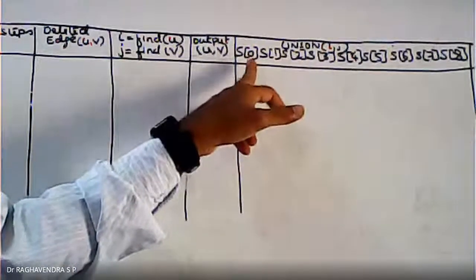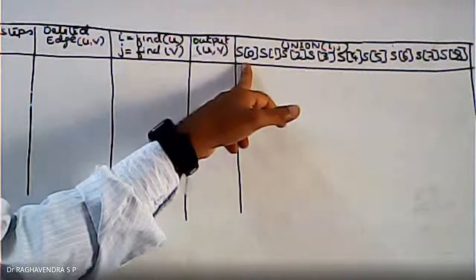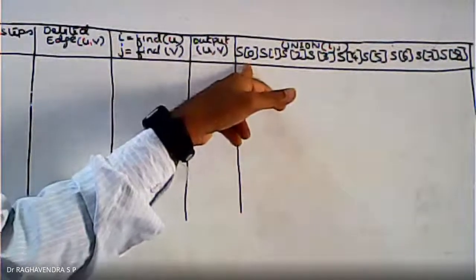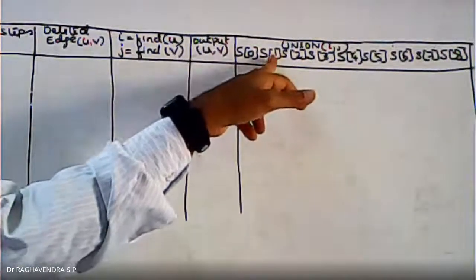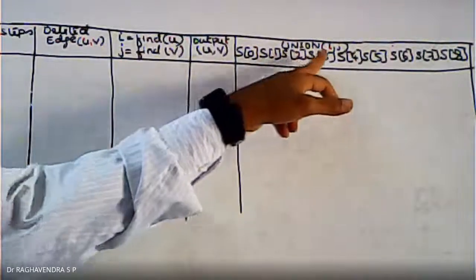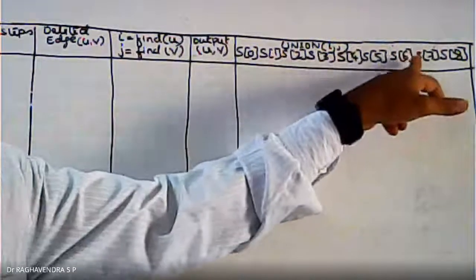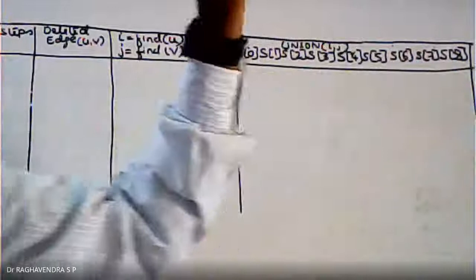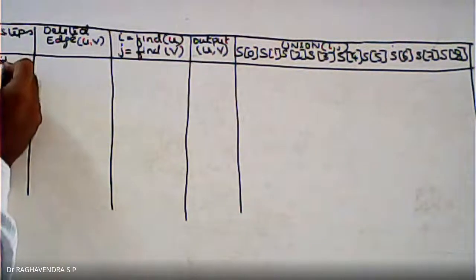9, sir. So that is why I have taken S of 0, meaning these are all sets. S of 0 means the 0th vertex. S of 1 means the first vertex, second vertex, third, fourth, fifth, seventh, eighth, ninth. Okay. So steps, initial step. At the start we call this initial. In the initial step no deletion happens.